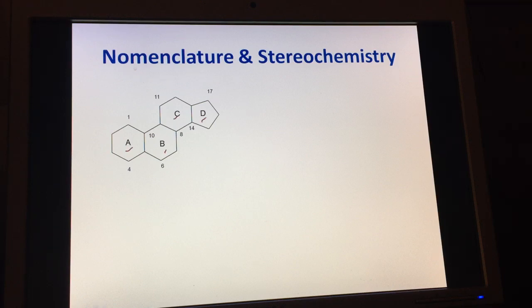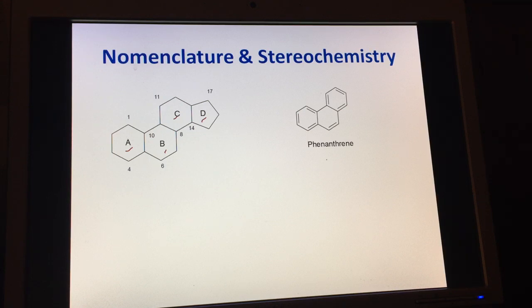Now you can see this structure consists of 4 rings: ring A, ring B, ring C and ring D. Out of these 4 rings, rings A, B and C are 6 membered rings, and ring D is a 5 membered ring system. So it is basically a cyclopentene. And if you look at the structure ABC, it resembles the molecule phenanthrene. The difference in the ring system present in phenanthrene and that of the steroid is that the double bonds in phenanthrene have been saturated in the steroidal structure.